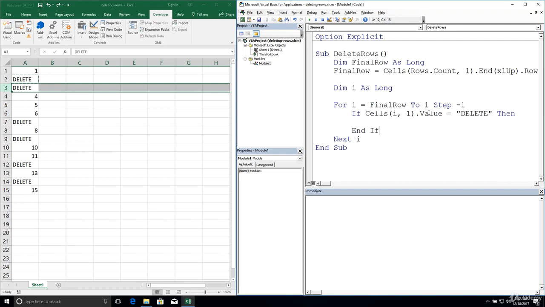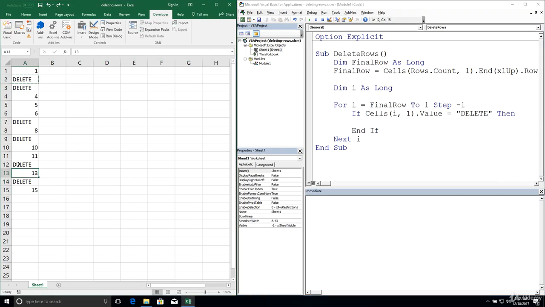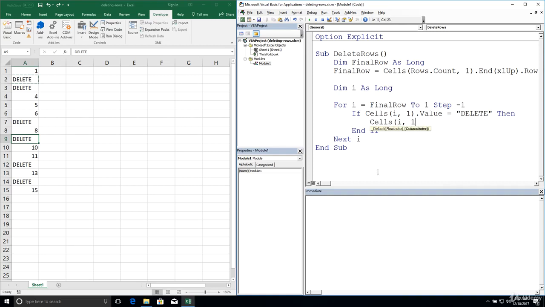So we're specifying within each iteration, we're going to check the current value in the cell. So it's going to proceed like this on the left-hand side. If it's equal to delete, well, then we want to select that cell. Same thing as the code above. We want to select the entire row. We have that property available on a range object. And on that, we also have a delete method that's going to delete the entire row.